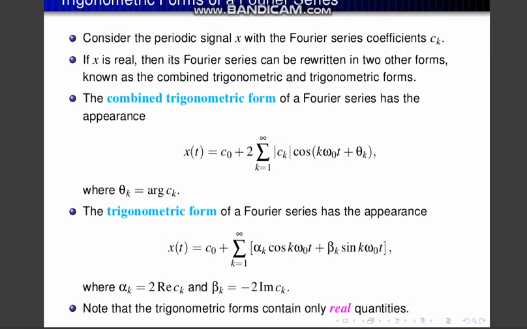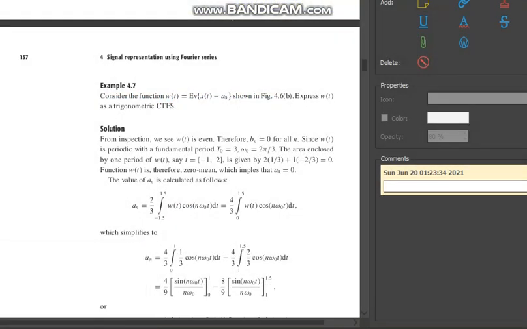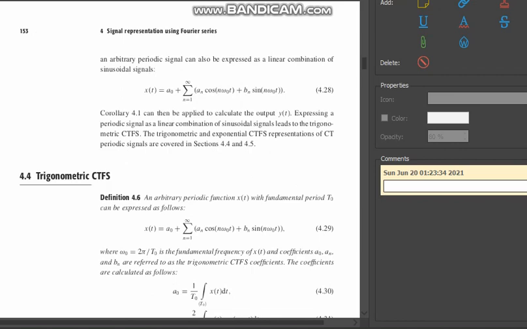But if you make the relationship between alpha k and beta k, alpha k is the real part of the ck, dependent on the coefficient ck, and beta k is the imaginary part of the ck, the coefficient of the kth component. So that's all for us in the continuous time Fourier series. Hopefully you will understand this, but there are some other things that you have to study from the book of Mrinal Mondal, where we have seen these kinds of theorems, the trigonometric CTFS.